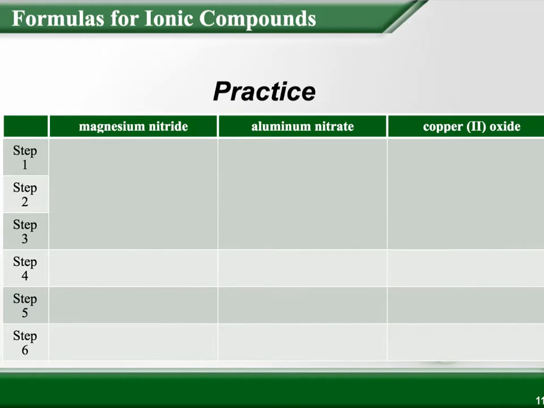Alright. In our last 3 examples for writing formulas, we see the names of the compounds given. So now I need to look at the name, and that will help me to identify the elements involved. So magnesium nitride. The IDE is going to be dropped, and we're going to look for the NITR, and that is nitrogen. That's how I identified the element I'm using. Then I'm going to add the charges, and then crisscross, and then write out the formula,